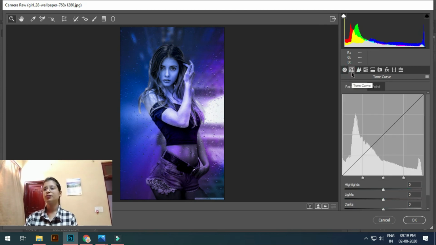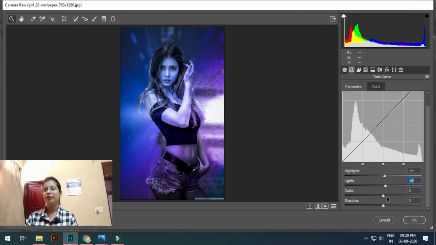Going to tone curve, and you can see highlights of yellow and black, so we give it little. Lights, we are going to it minus a little. Okay, darks, little only in minus.